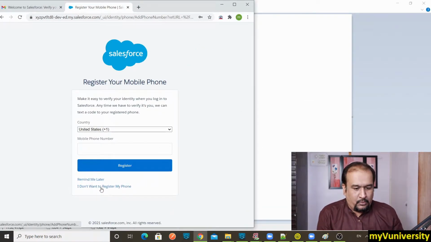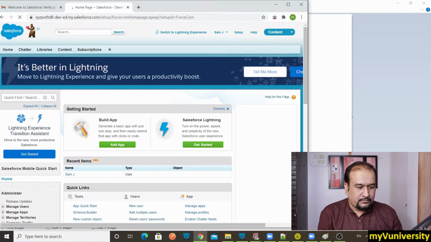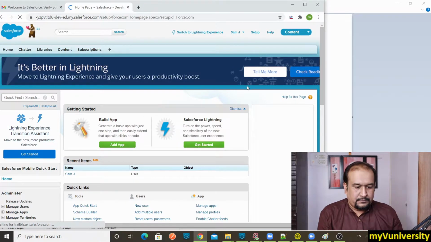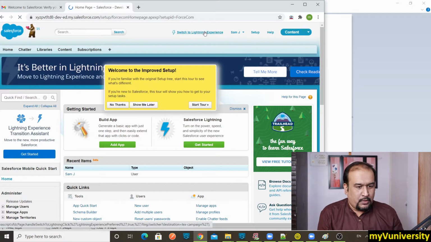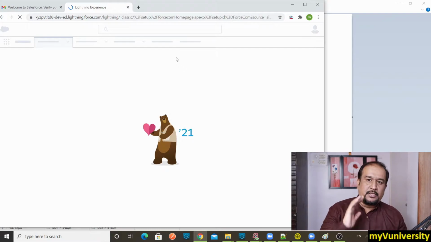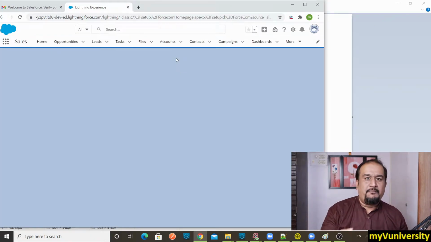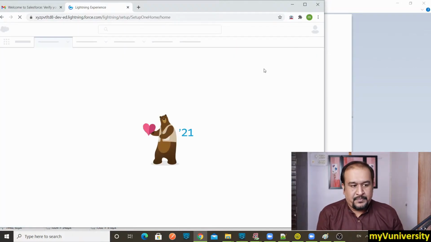I don't want to register my phone for mobile number. And here it will show you Lightning by default. So let me go back to Lightning so that you get an idea that whenever you log in the first time, this is what you see in front of you.